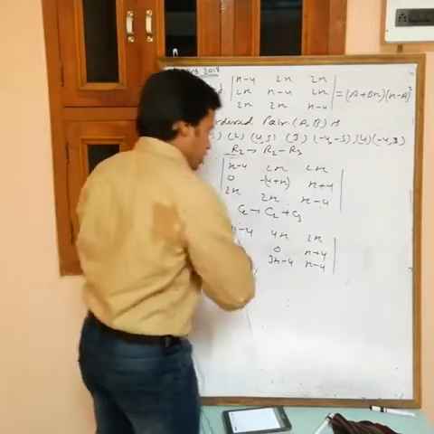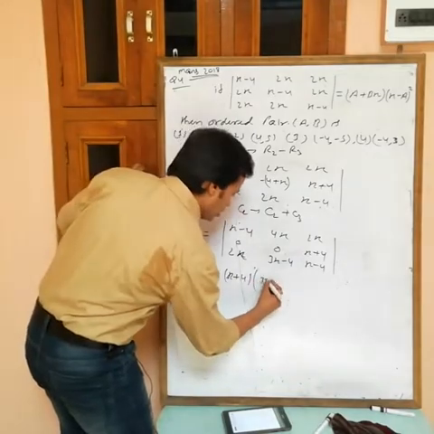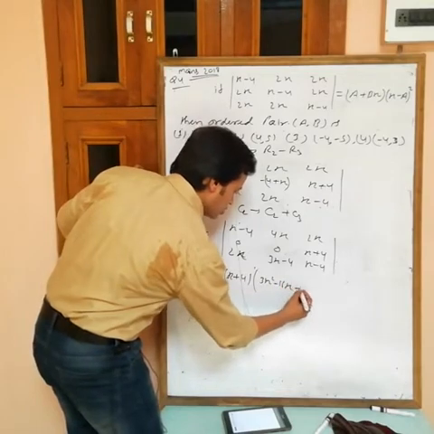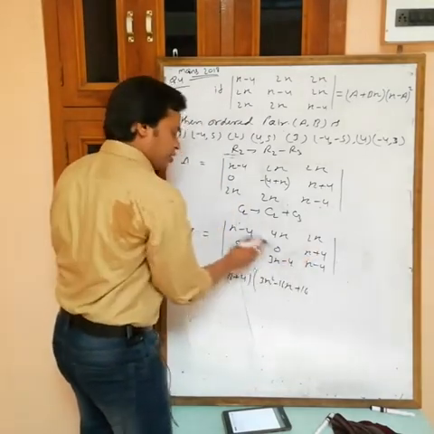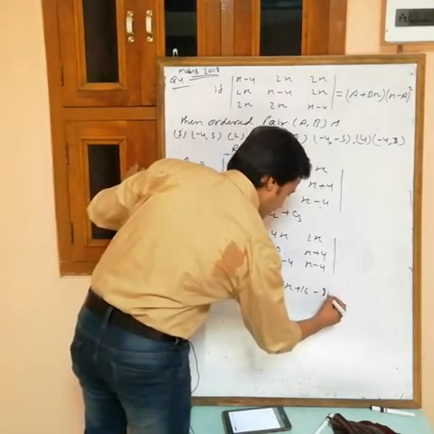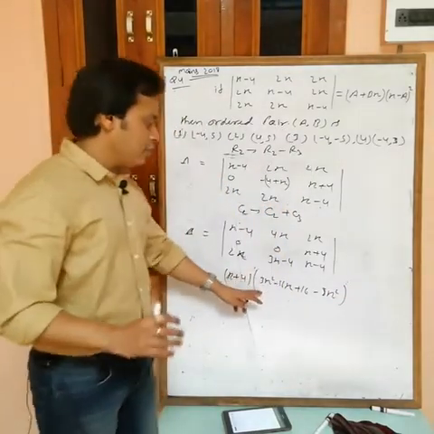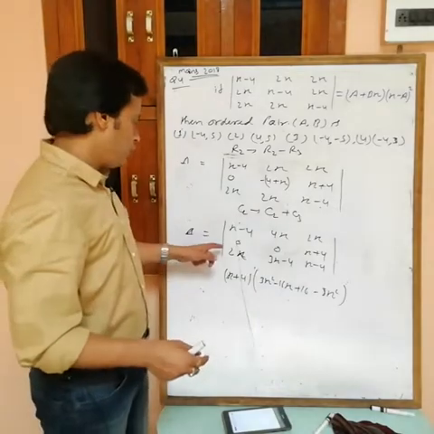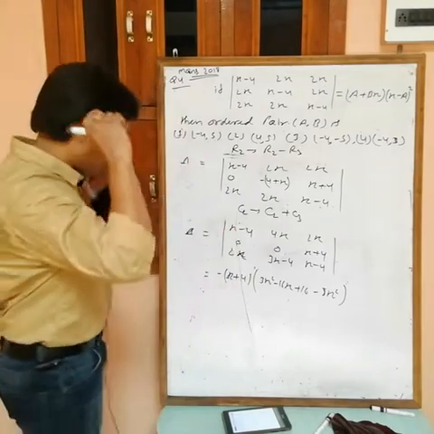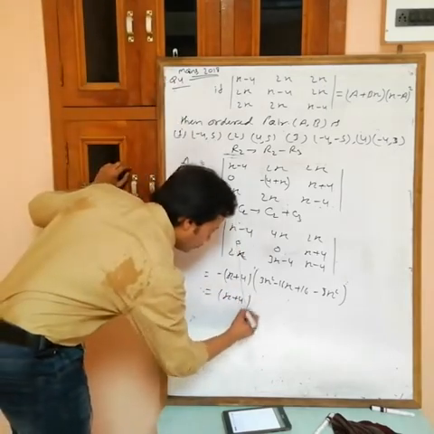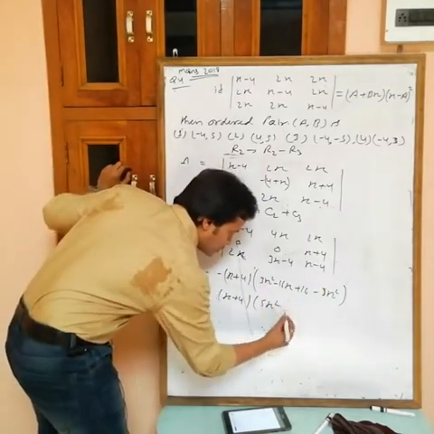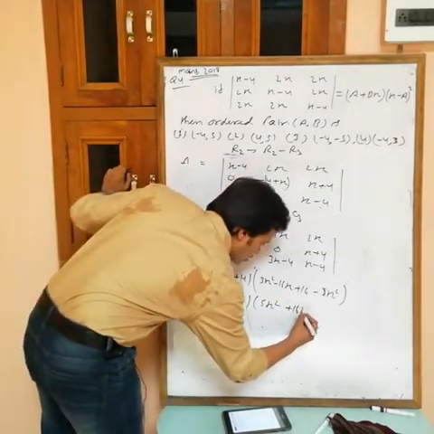So hide the corresponding row and column. This one into this one is 3x square minus 4x minus 12x minus 16x plus 16. This one into this one minus this one into this one. This one into this one is 2x into 4x, 8x square. Now see, actually this is the minor, now we have to decide the sign. Sign for this one is plus minus, so minus sign. Now solve. If you solve this one, what are we getting? x plus 4, I am multiplying minus inside. Then minus 5x square into minus, plus 5x square. Then plus 16x and minus 16.